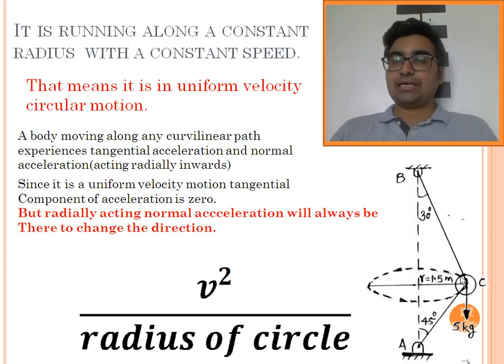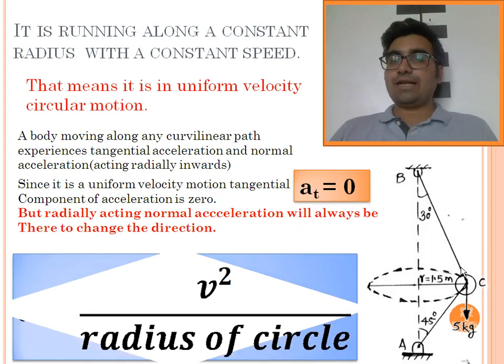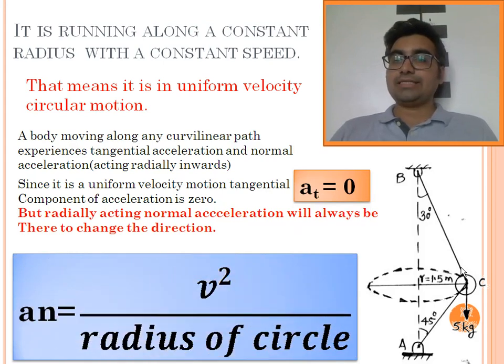So the tangential component of the acceleration is 0, whereas the normal component of the acceleration changes the position of the particle, it changes the direction of the particle. So it changes the direction, that is why it is moving along a circular path. If the normal component of the acceleration is 0, the particle will not move along a curved path, it will instead move in a linear path.